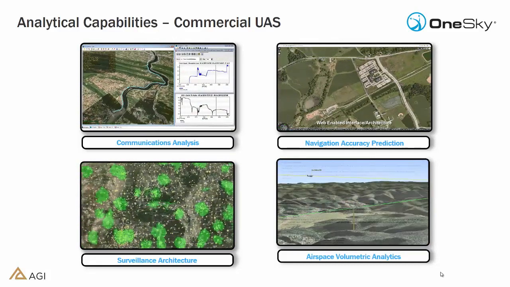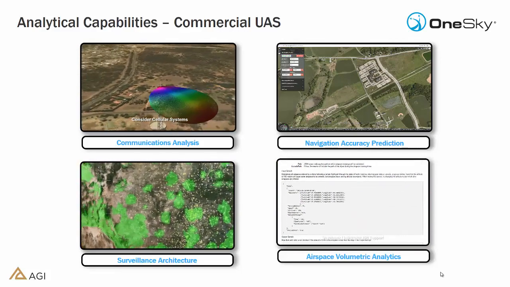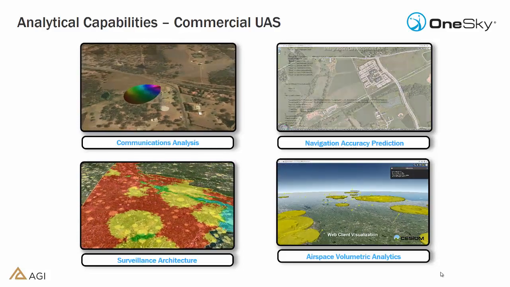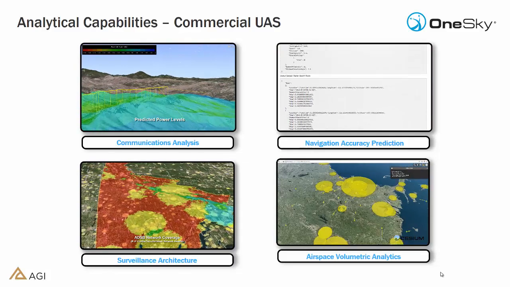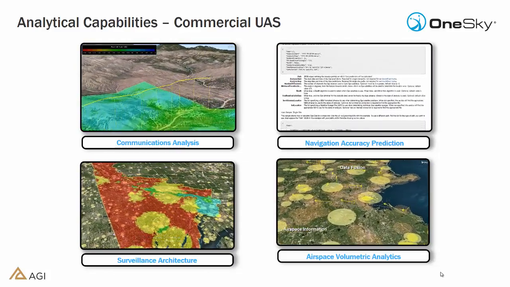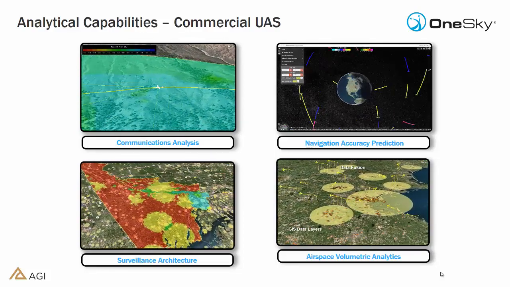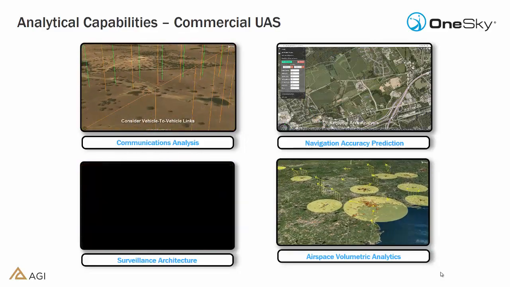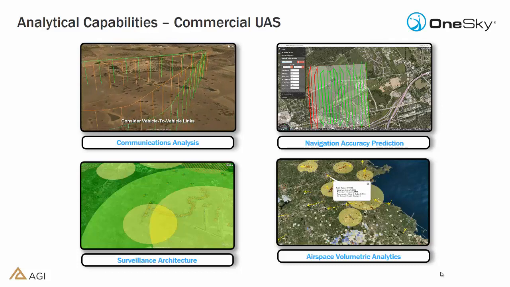Answering questions like, can I communicate? And if so, how well? What's the link budget look like? And where? Are there areas I should avoid due to system-level performance that is somewhat degraded? Radar visibility and airspace restrictions and navigation quality and the overall health of GPS. Those are things that really bolster and solidify a safety case and an understanding of